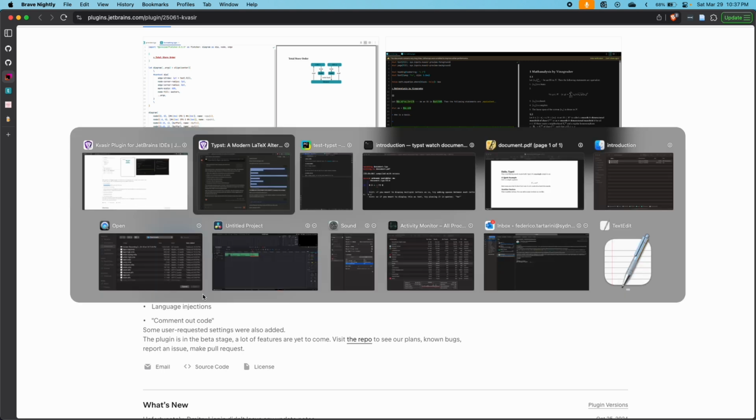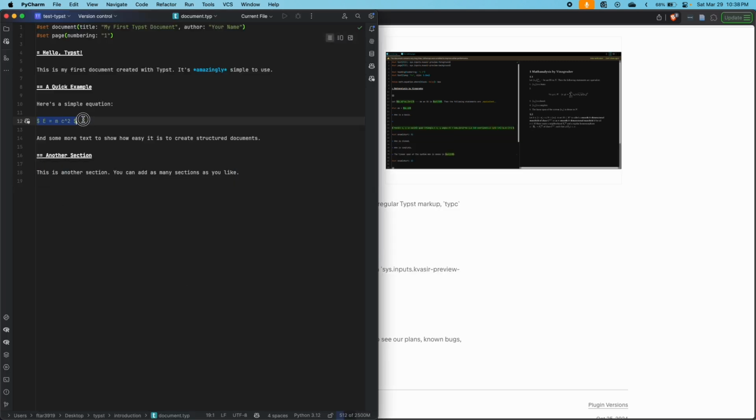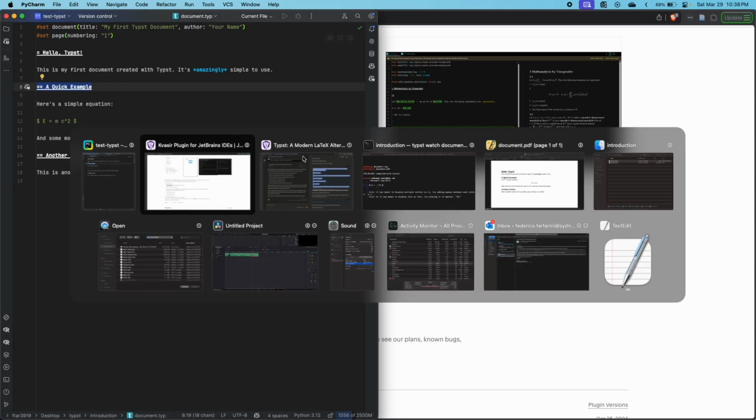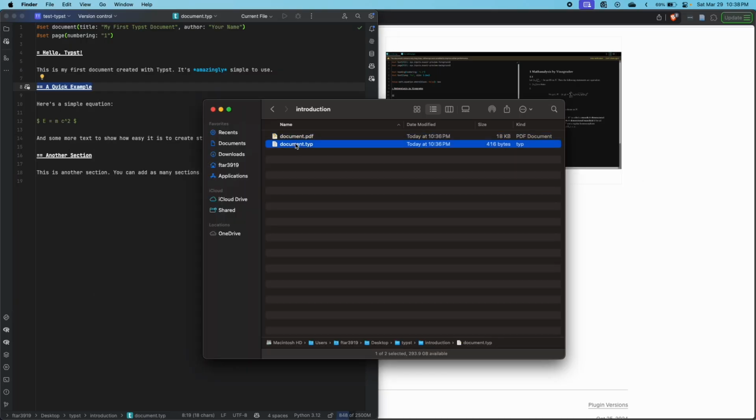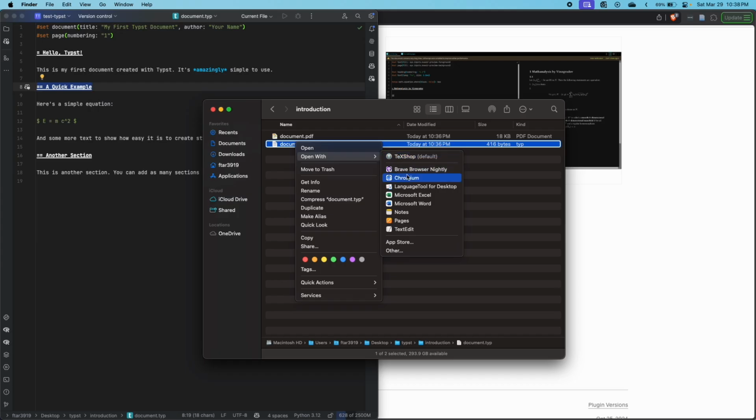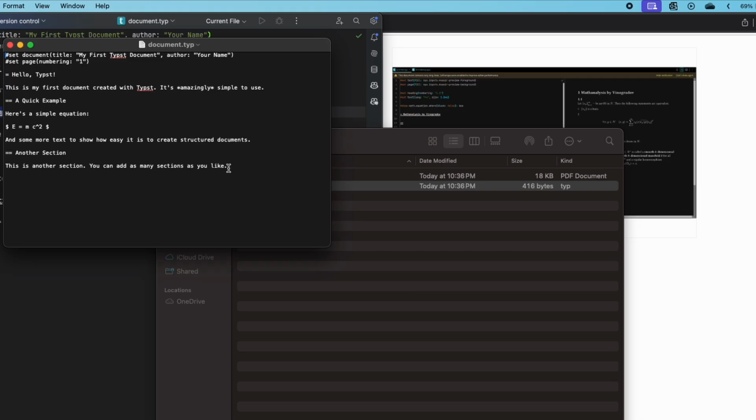So, and this is the typing annotation that I'm referring to. You can see the math equation, you can see the section. It's much easier, because if you just open it with the text editor, and let me actually show you very quickly that as well. So you can open this document here, and you can open it with here, even TextEdit. And you can change the document, and this will be like if you type Federico and you press save,